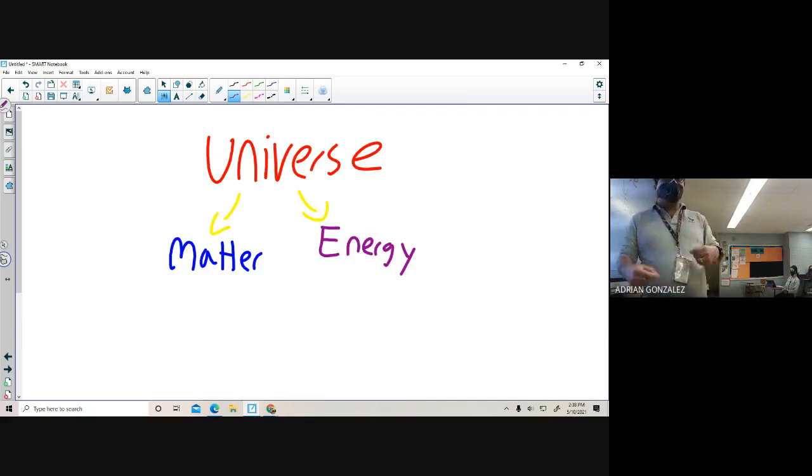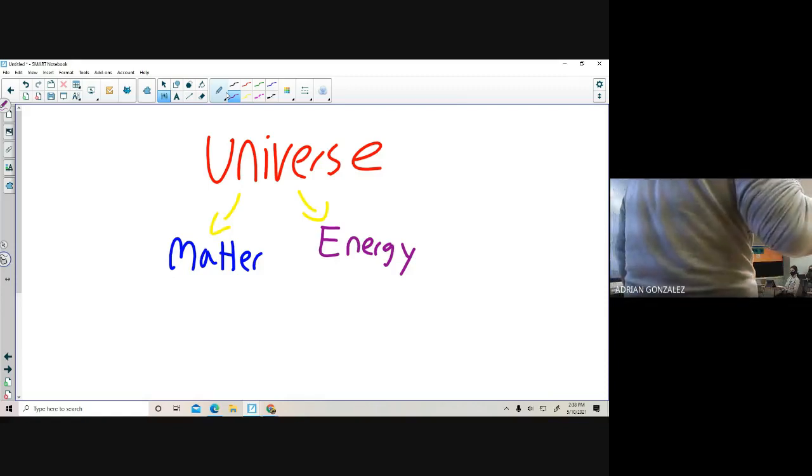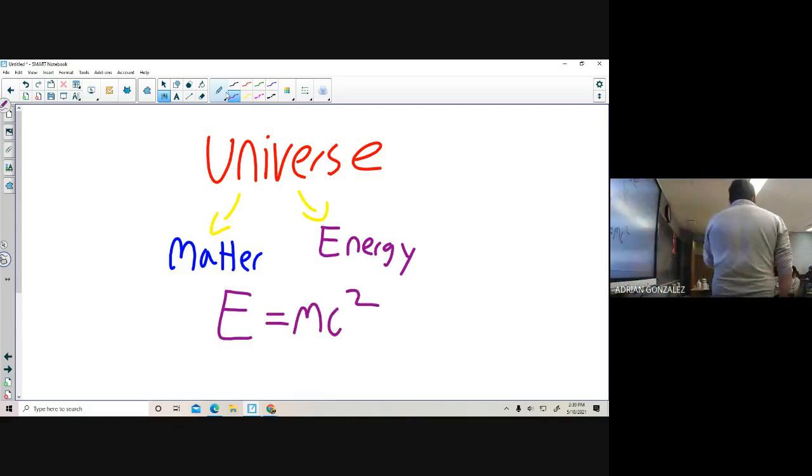And Einstein ultimately puts it all together into arguably the most famous equation in all of physics. What's the most famous equation in all of physics? The one that everybody in the world knows. E equals mc squared. The equation that at some point somebody went up to you and said, you want to learn physics? But E equals mc squared, that's so hard. Look at this. Is this the hardest equation I've written on the board all year? For God's sake, it's ridiculous. This is not hard. We will talk about what this means